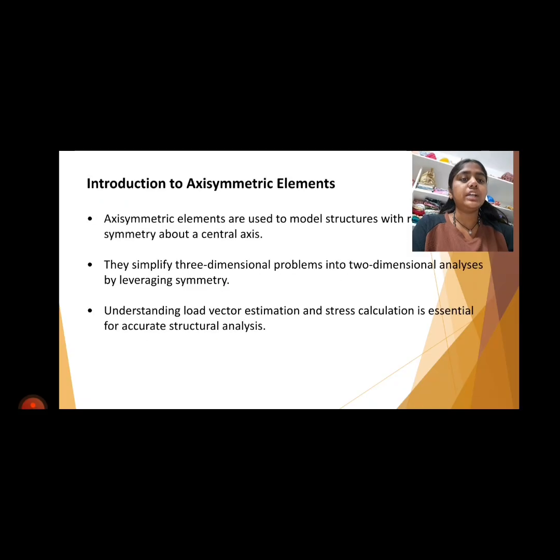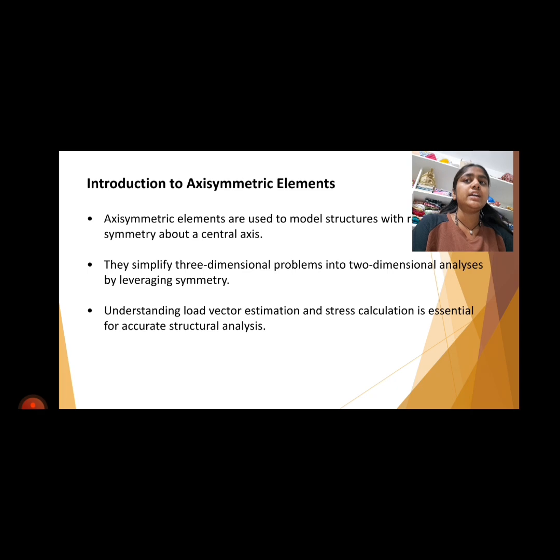Now getting into the introduction of this topic, in many engineering problems structures exhibit rotating symmetry about a central axis. Examples include pressure vessels, pipes, nozzles, shafts, tanks, rocket casings and turbine components. For such geometries, a full three-dimensional analysis is computationally expensive and often unnecessary. Instead, these problems can be efficiently modeled using two-dimensional axisymmetric finite elements, which significantly reduces computational effort while maintaining